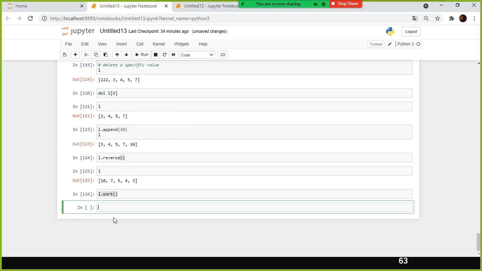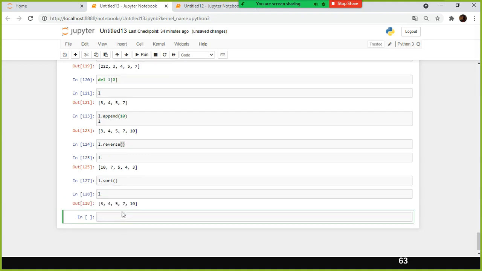Yeah, are you able to hear me? Yes, now you tell me. Now that we have declared this value, 1, 2, 2, 3, 4, 5, 7. So now there are 5 values. Now that we gave a command and deleted this 2, 2, now there are only 3, 4, 5, 7.